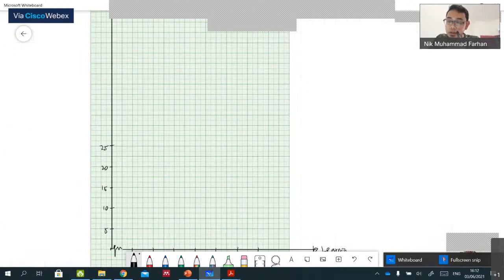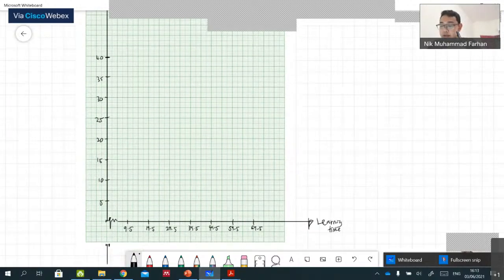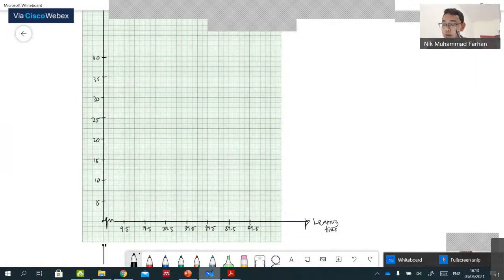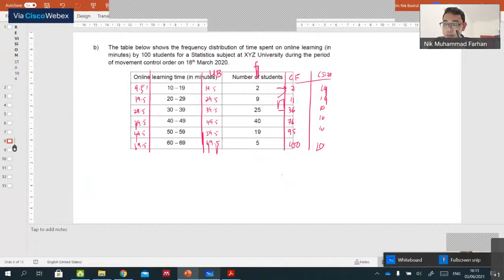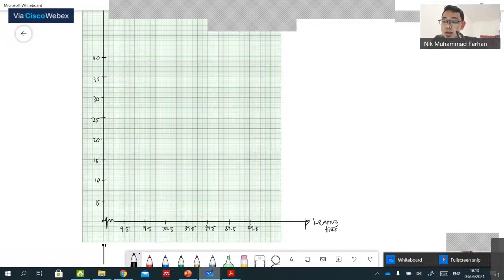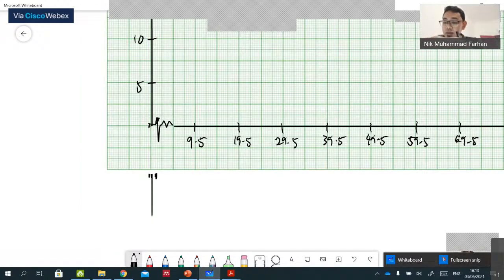25, 30, 35, 40. Okay, something like this lah. Tulis baik-baik. So for the first one kita ada okay 2925. Kita tengok baik-baik alright. So ada 20 petak dekat situ. Kalau nak 2 je berapa? Okay. 20 petak bersamaan dengan 5.